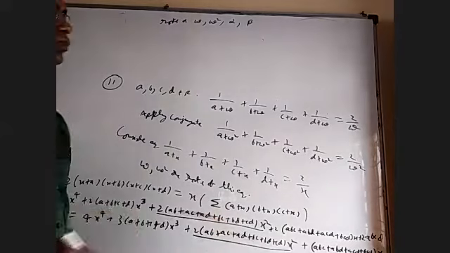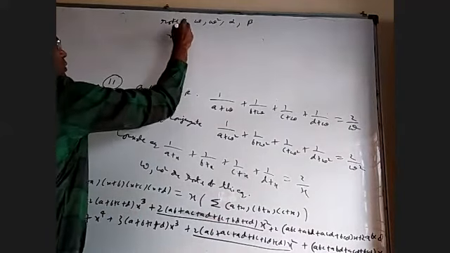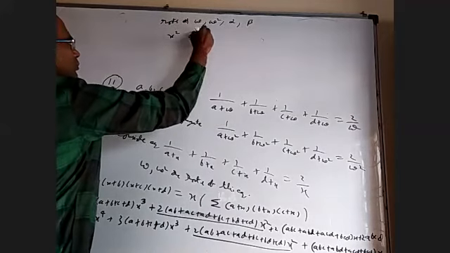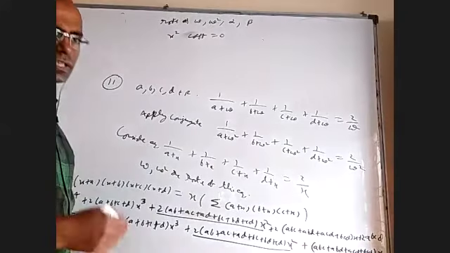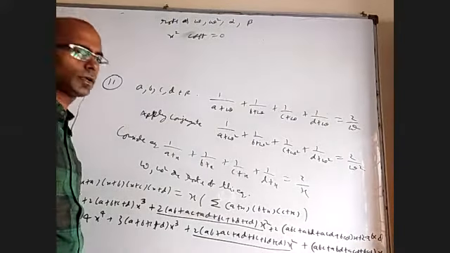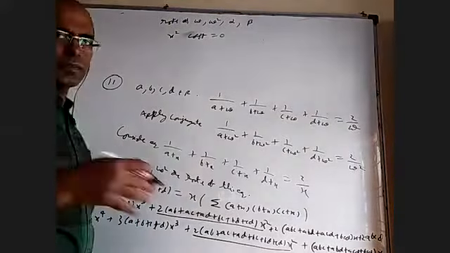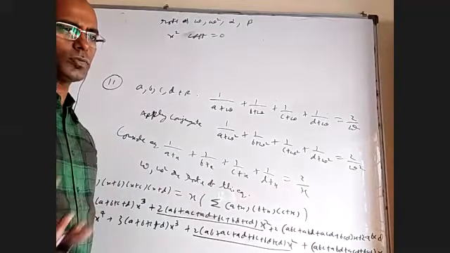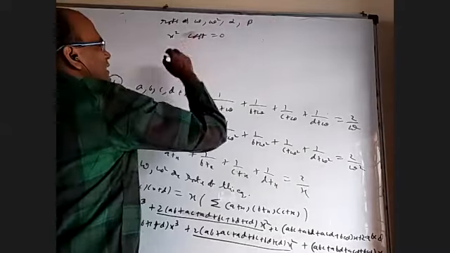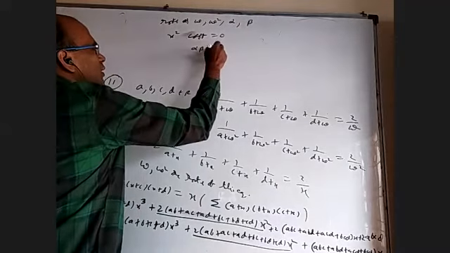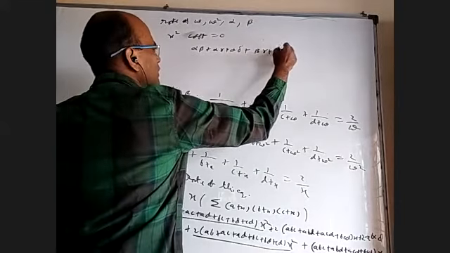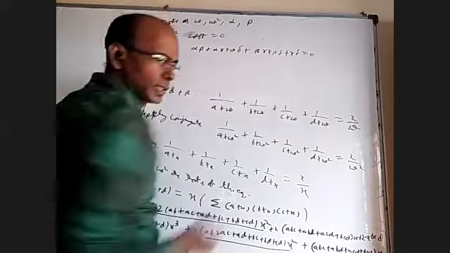According to this, x square coefficient is 0. X square coefficient is 0 means I have to take all kinds of two things. When I take roots as alpha, beta, gamma, delta, what is the way to write all kinds of two things? Yes, of course, I have to write 6 things actually: alpha beta, alpha gamma, alpha delta, beta gamma, beta delta, gamma delta. That whole thing is 0.